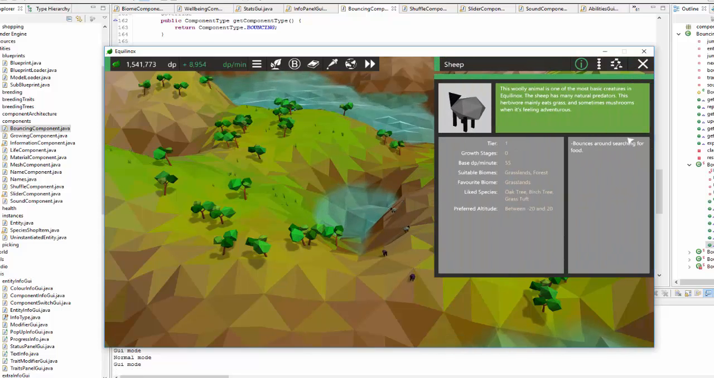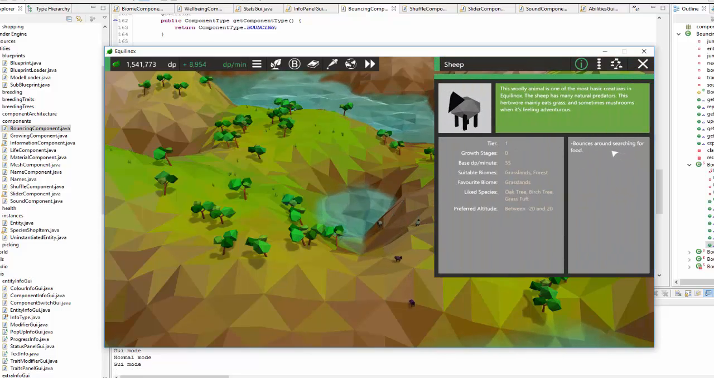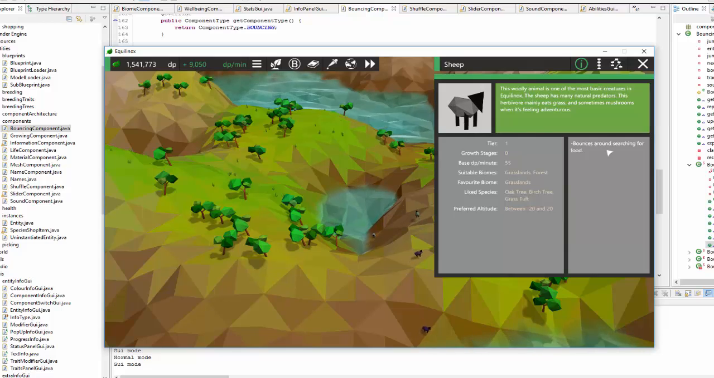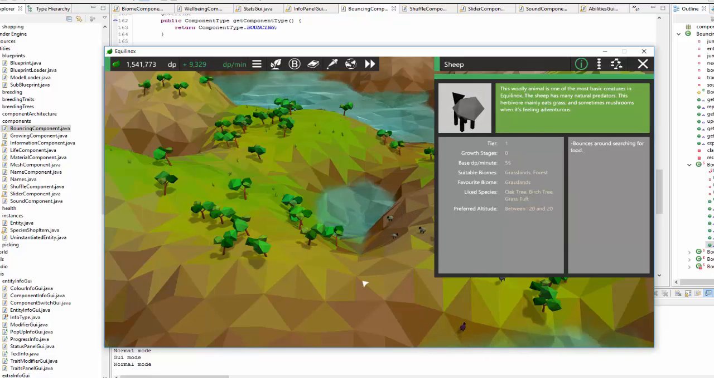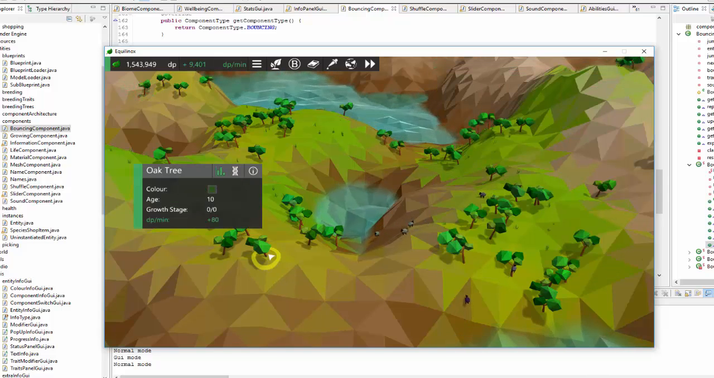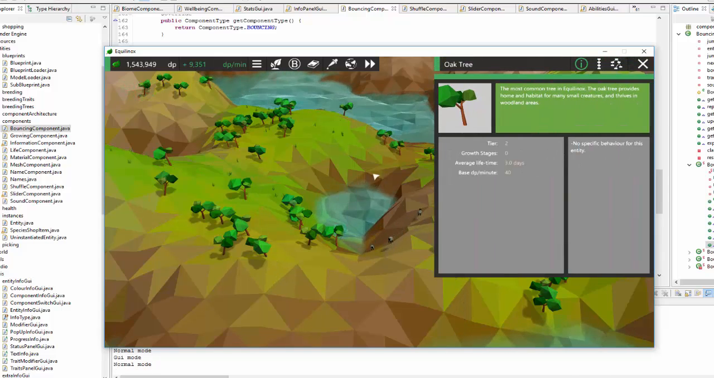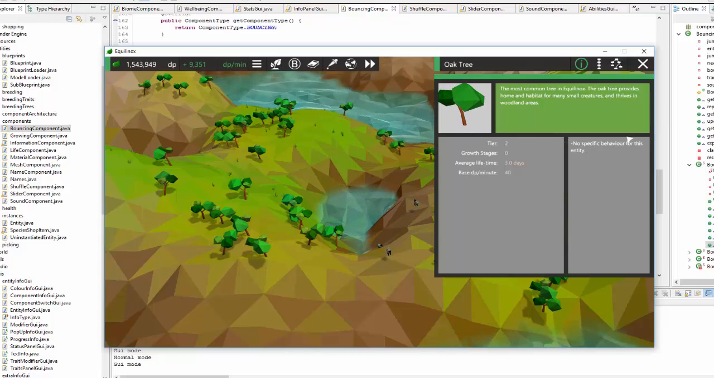to the abilities section, which shows information about the behaviour of the species, and each component of the species can give some information here. So this is the bouncing component, giving some information for the sheep there, but if there isn't any information from any of the components, then it just gives you this message here, although that probably won't